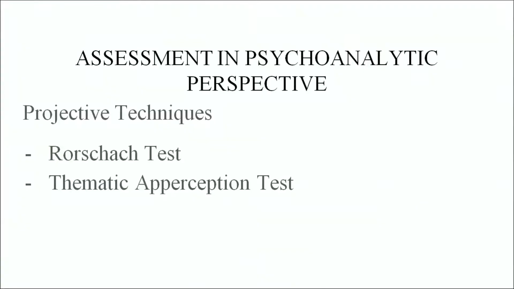Now, the next set of questionnaires are based on the psychoanalytic perspective. If you recall, we talked about the psychoanalytic perspective and how it talked about the unconscious not being accessible to an individual, and how Freud thought that the method of free association or interpretation of dreams would help access some of the hidden desires or motives. Two of the ways that are widely used in order to assess these unconscious factors, unconscious motives, unconscious aspects of personality are Rorschach ink blot test and thematic apperception test.